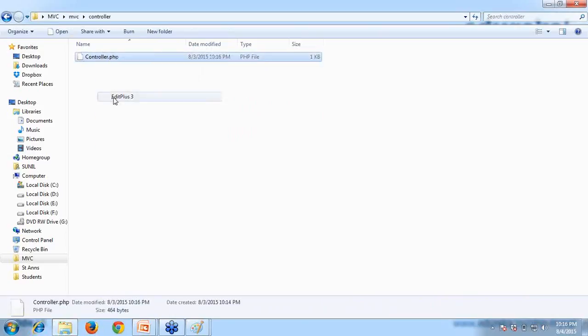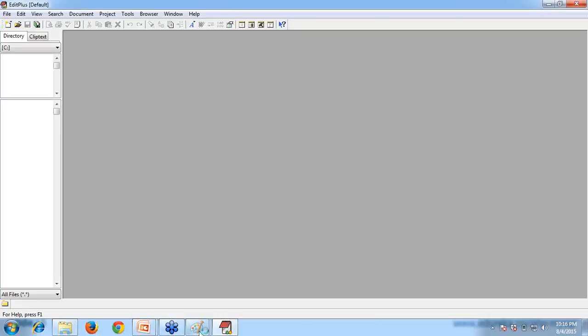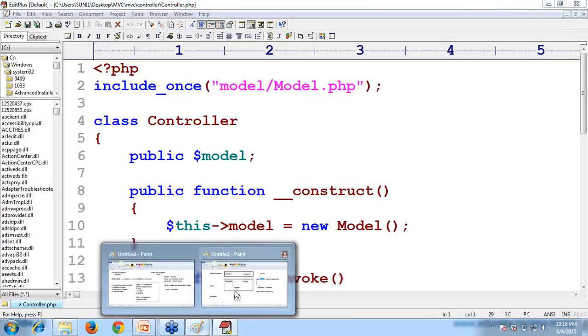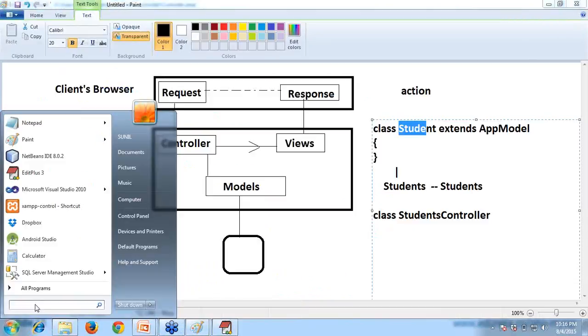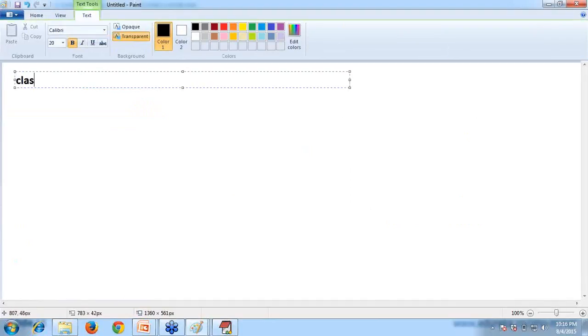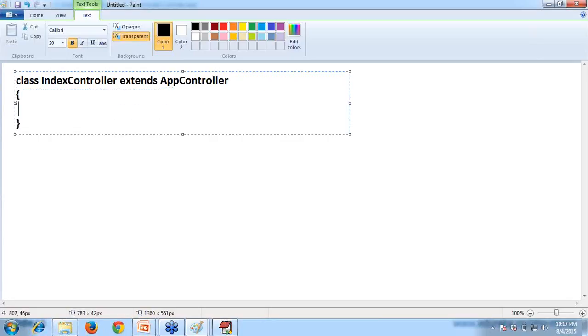Basically in any MVC-based project, or in a framework like Zend Framework or CakePHP, there will be a controller class. Class IndexController extends some base class. In CakePHP it is AppController. In Zend Framework, it is Zend_Controller something. This is one controller.